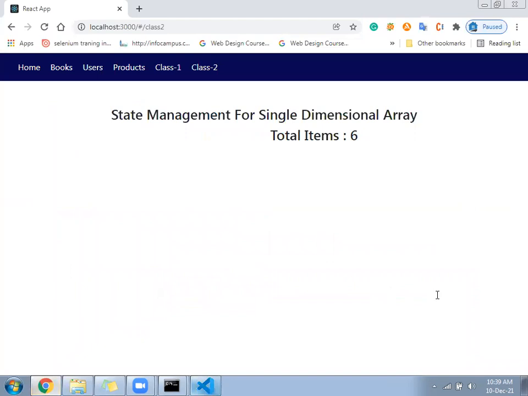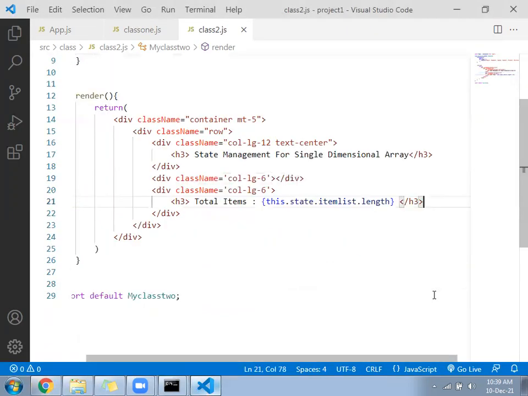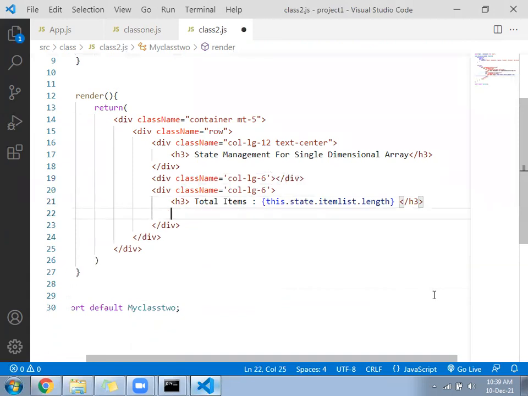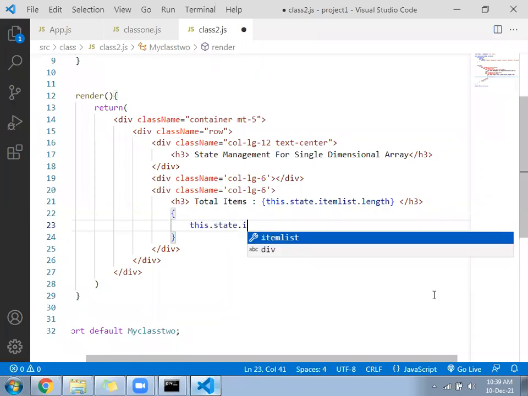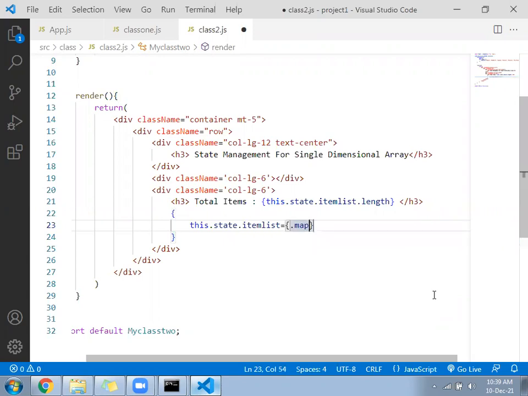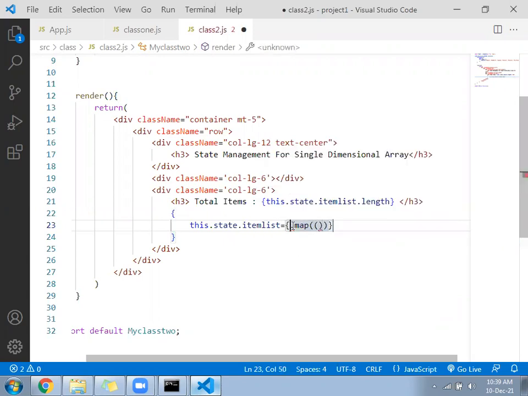Go there. After H3, you will run a for loop. Not ng, the map function we can use. So this dot state dot item list dot map.